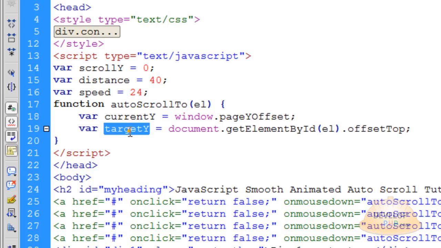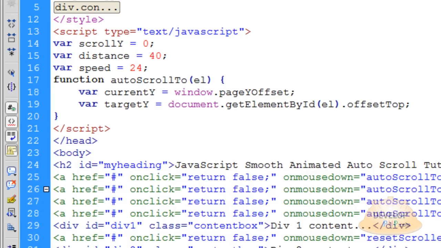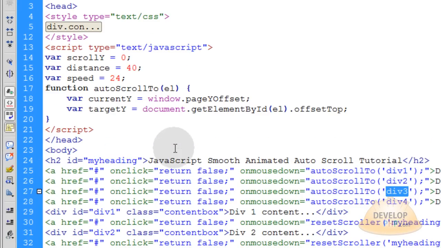Now the reason why we call this variable target Y is because it's going to represent whichever div is being passed through as arguments when the function is called to run. So when the user clicks this link here, div3 is going to be sent through this function, and it's going to be represented as EL. So we say document.getElementById EL, that would be div 1, 2, 3, or 4,